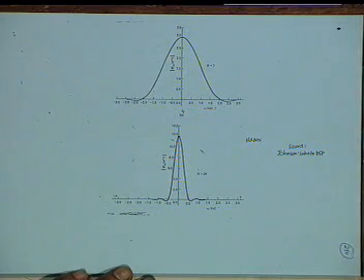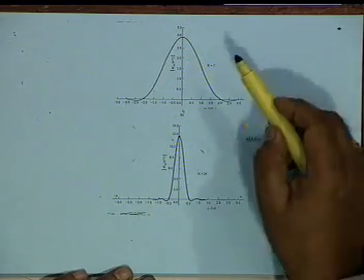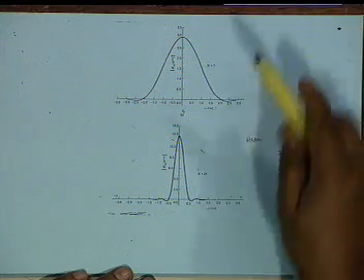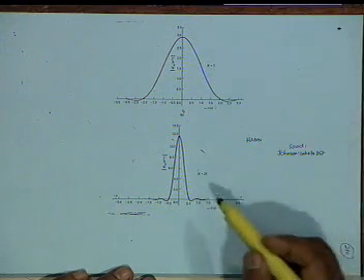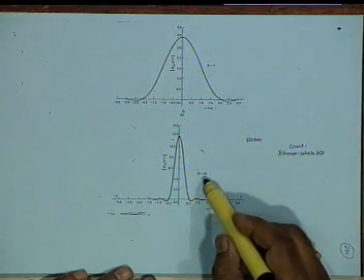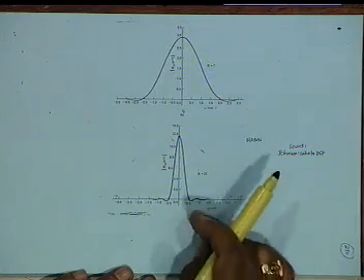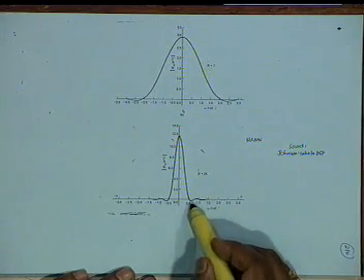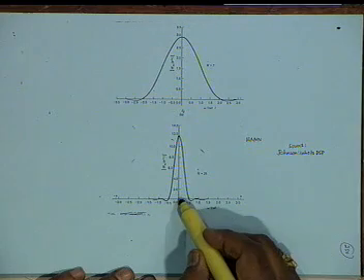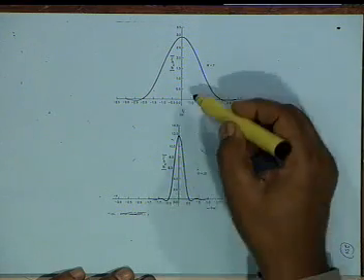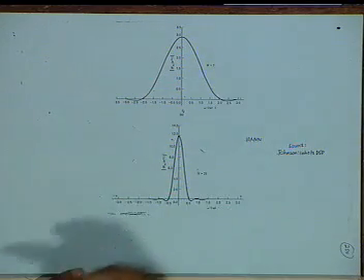You see the main lobe width, this is for capital N equal to 7, and this is for length equal to 25. When you increase the length, the main lobe width shrinks, but the side lobe height increases. Here the scale is 0, 2, and the scale here is 0.5.